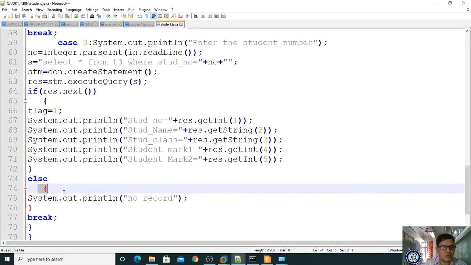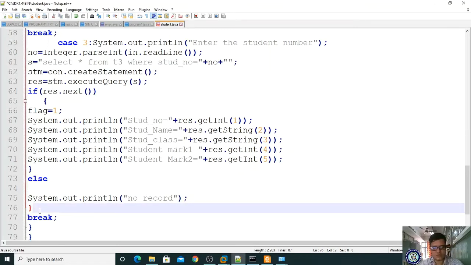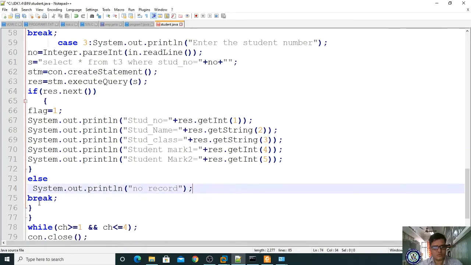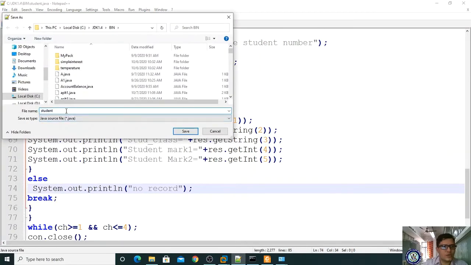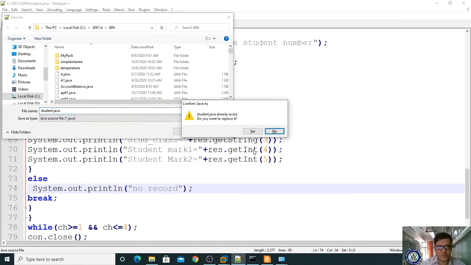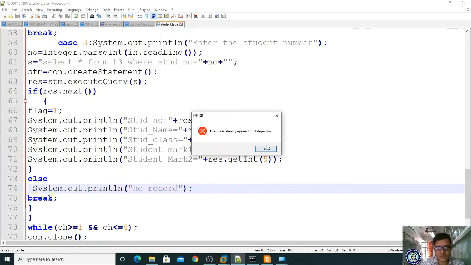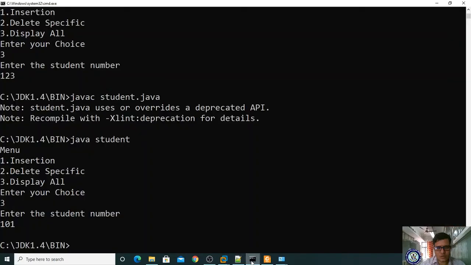Okay, it is not required. That's it. Let me save it. File, save as student.java. Yes, and okay, and now compile it